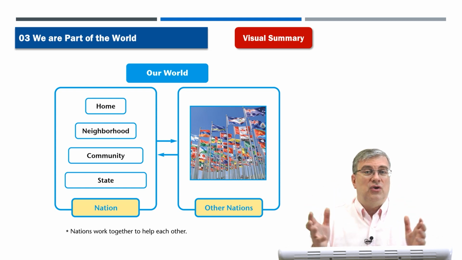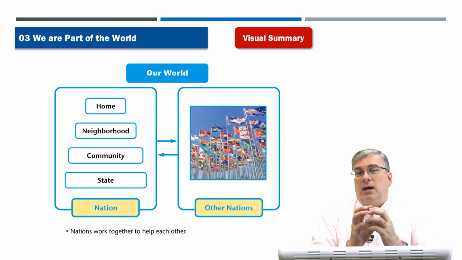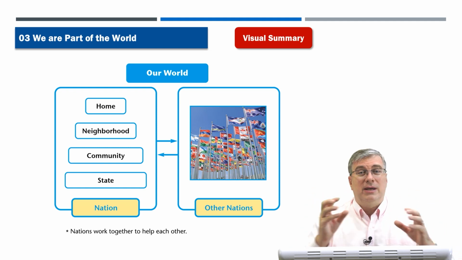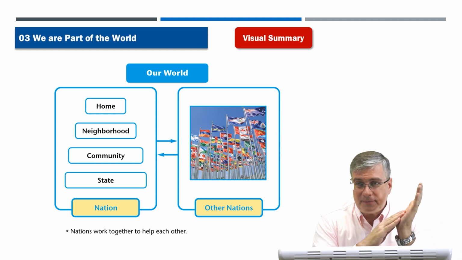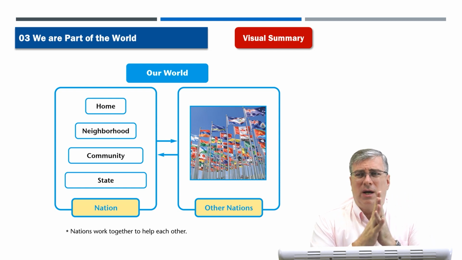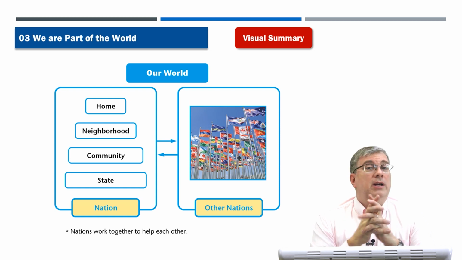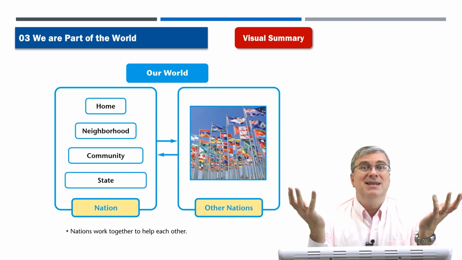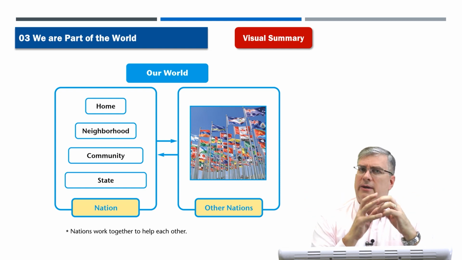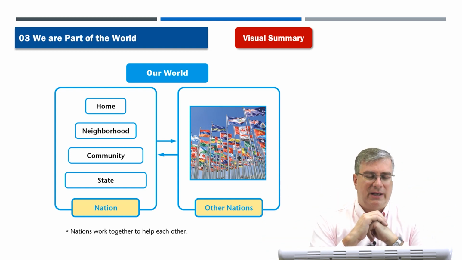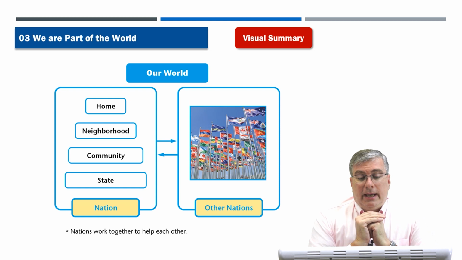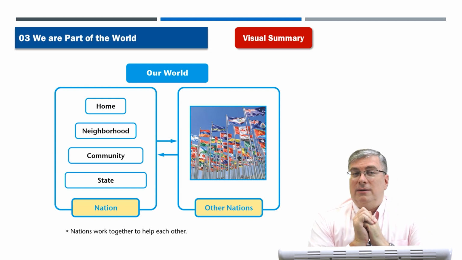Nation, of course, is a country, and nations can be small or they can be very large, right? Nations can be small like Luxembourg, I'm thinking of, or some very small European countries or nations, or they could be very large like India, huge nation, or Russia, very big landmass. Okay. Now, that's not the final part though.